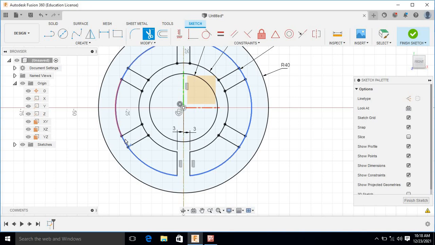So select trim command, select the unwanted part of the arc. So when you try to select a particular arc, it is highlighting that. So accordingly you have to select.